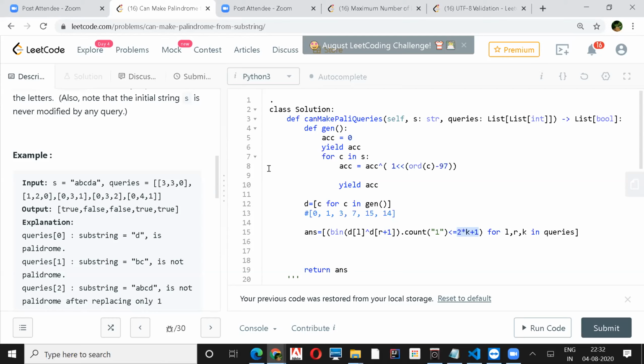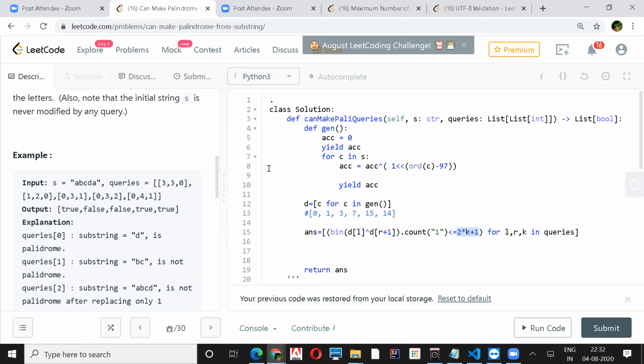For example, on line number 15, we have d of l or d of r plus 1, right? A generator function is memory efficient. Whenever we request something, only that part will be returned.